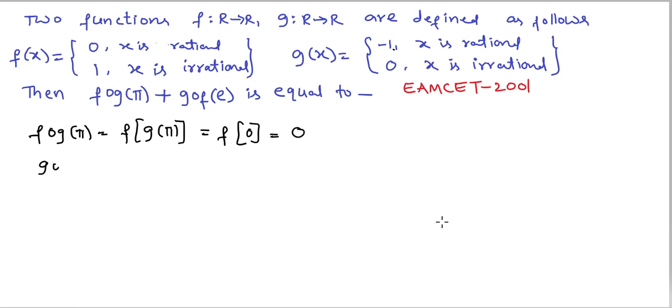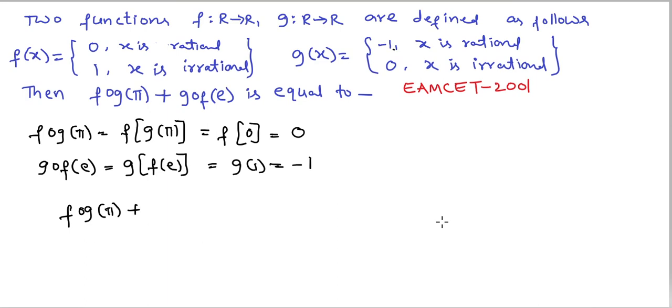And we find g circle f of e, that is equal to g of f of e. In f of e, e is an irrational number. For an irrational number, the function f of x is given as 1, that is g of 1. Here 1 is a rational number. The function g of x is given as minus 1. So add these two values. f circle g of pi plus g circle f of e is equal to 0 minus 1 equal to